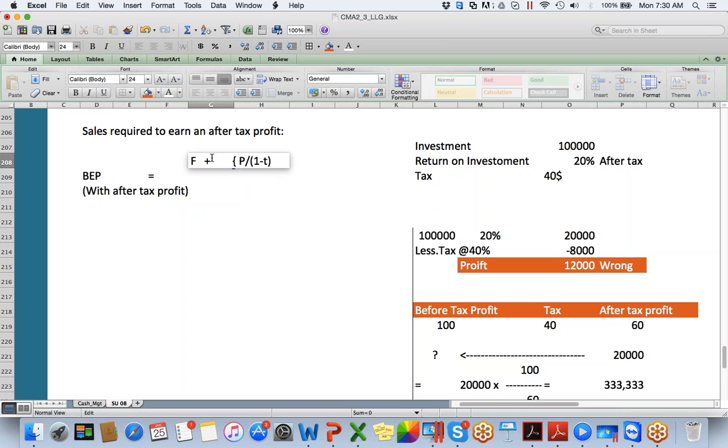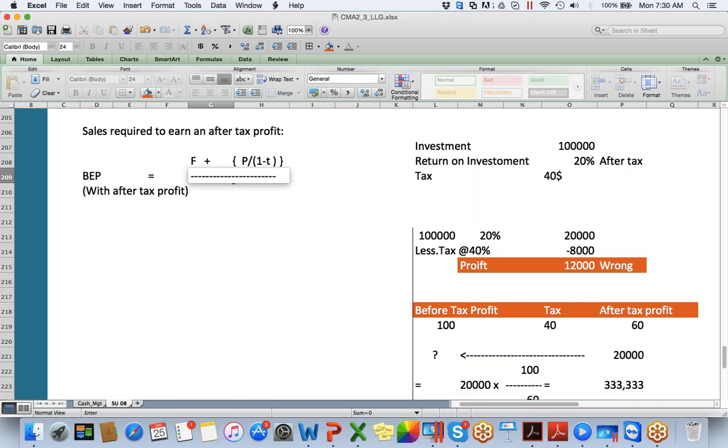I'm writing this in brackets. Always remember, don't have any confusions in the calculation. First you simplify what is P divided by 1 minus T. You will get some value. Then add it to fixed cost. Don't mix up the calculations, please. You simplify this. Then add it to fixed cost